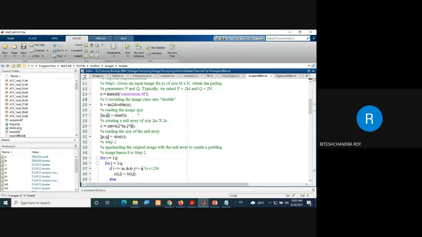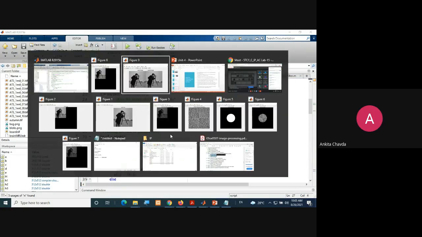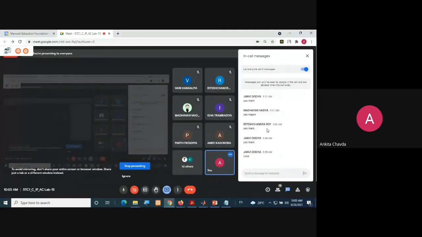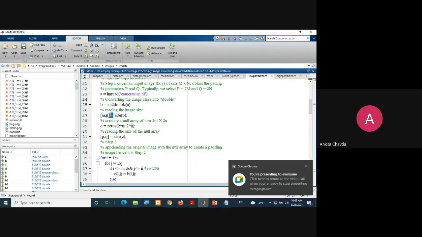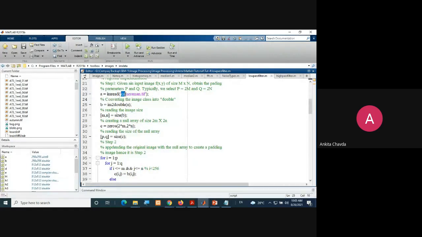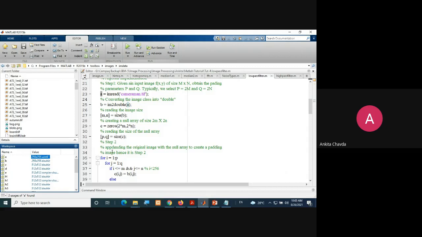Then what do I want? Double the size of the previous matrix. Yes. So this is the size of this B, right? That is your original image, actually cameraman.tif. You can check those variables. That is why I have run this program first. See, this is your A. You can check what is in A. That is 256 cross 256.